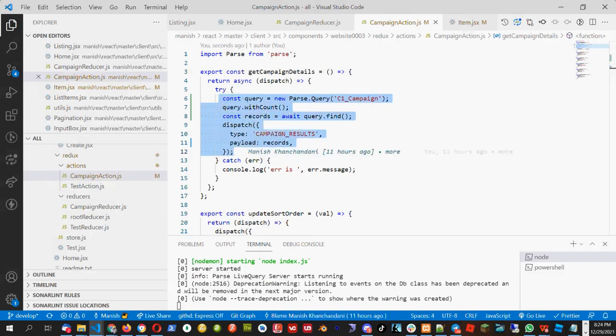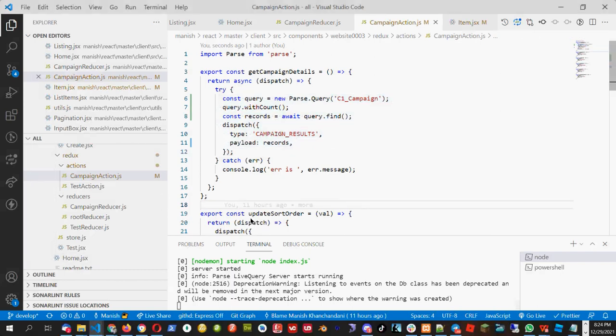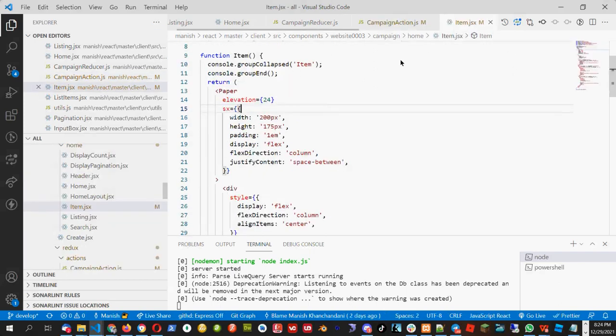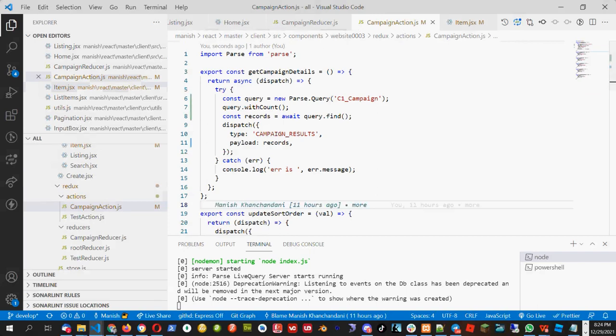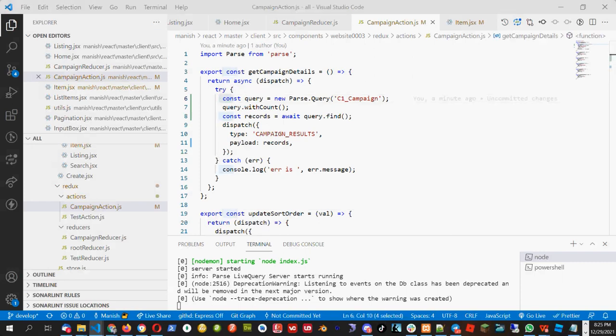Just write it down, this part. Okay, let me know when it is done.